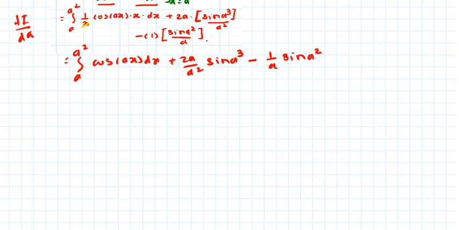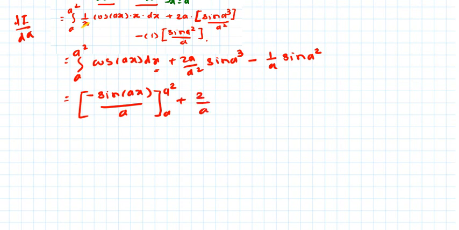Okay, so again integration of cos ax with respect to x now, which is minus sine ax upon a, constant is a, under limit a to a square, plus 2 by a sine of a cube minus 1 by a sine of a square. So again the minus sign will be outside, put upper limit,